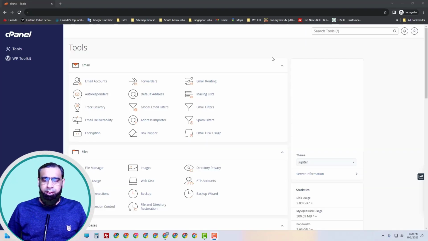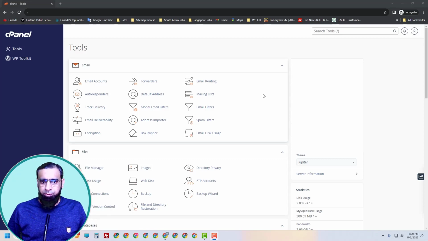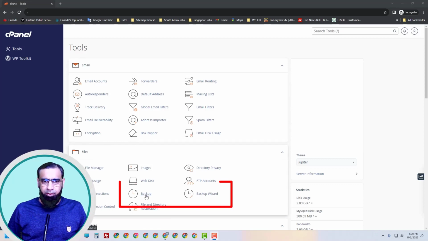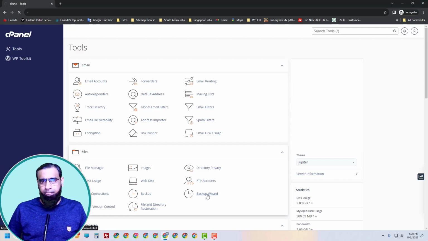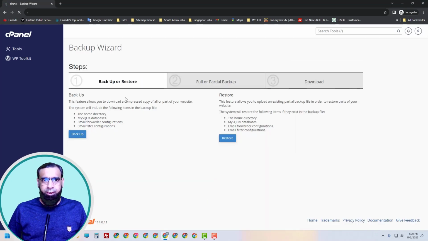Once you have logged into the cpanel website, you will see an interface like this. And if you look at the Files tab, you will see Backup and Backup Wizard. So you need to click Backup Wizard. This will take you to the next page, which will provide you some options to backup or restore. Since we are here to backup, we click on this button, Backup,